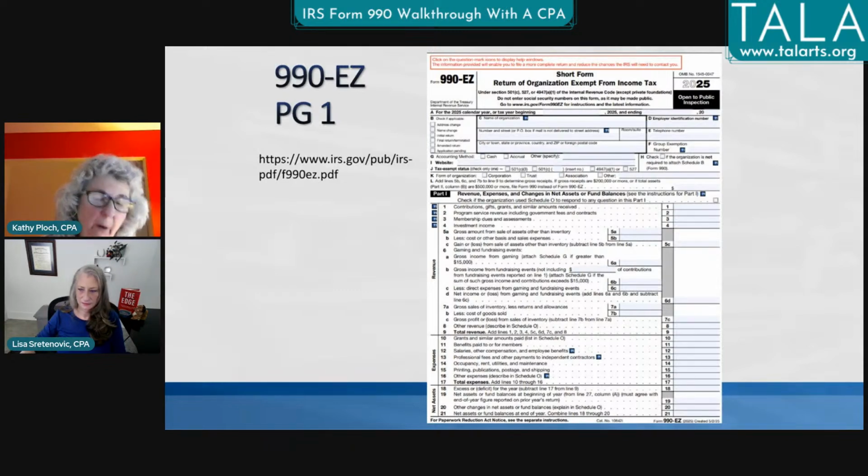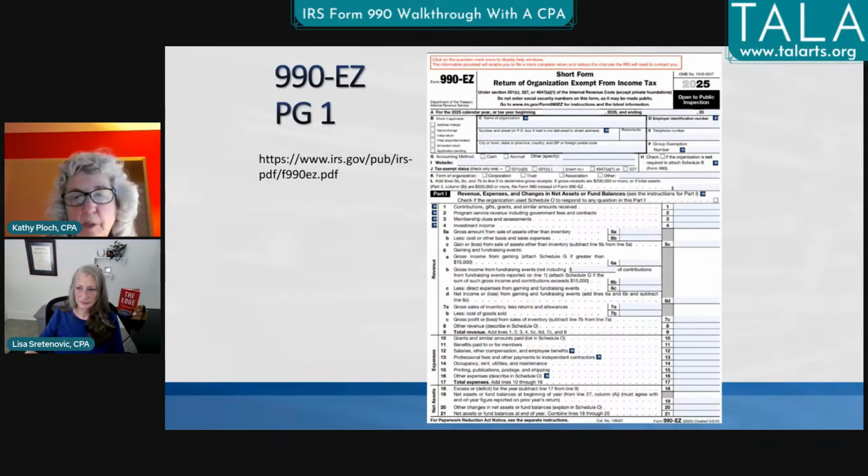And then part 1 is where we have the revenue and the expenses and what we call the change in net assets or the fund balance. I don't know if it shows up very well. This is from the form on the IRS website, and by a lot of these line numbers, it's actually like a little question mark. If you pull it up and hover over the question mark, it kind of gives you some information about what to put on there.